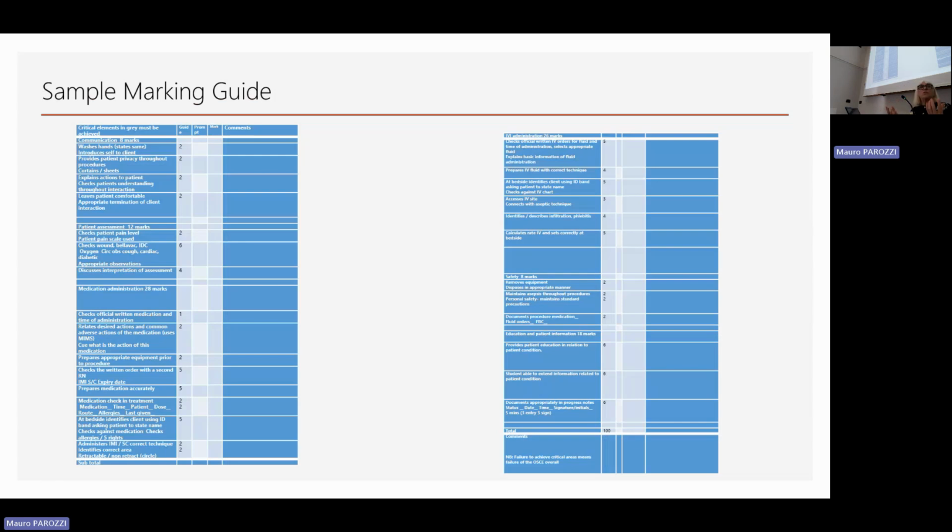Because you can miss things, or you can be sitting at a different angle, or you didn't hear something. So it's important that you have this form, which is actually pretty easy to code and mark, and you code it with a pencil, right? And then you have a 15-minute break between the students that you can complete the form. And you also then have a very structured process of how to work with your students to give the feedback.